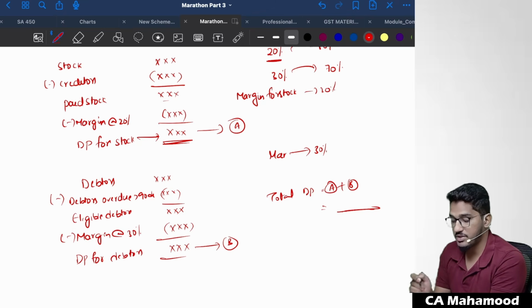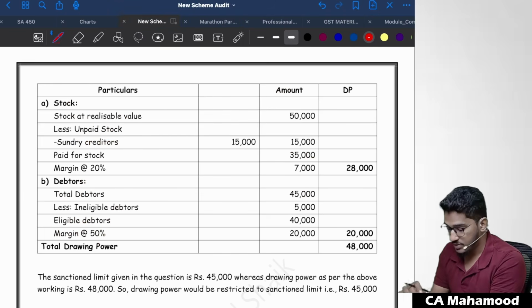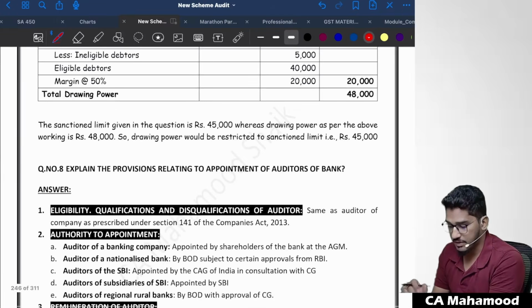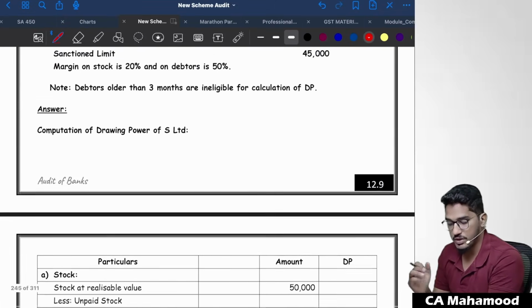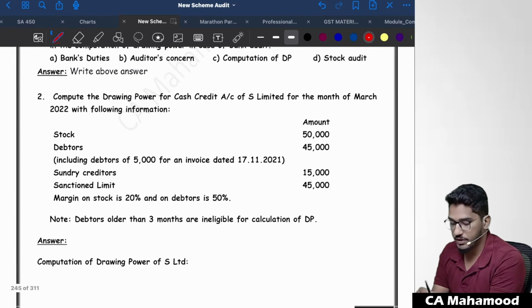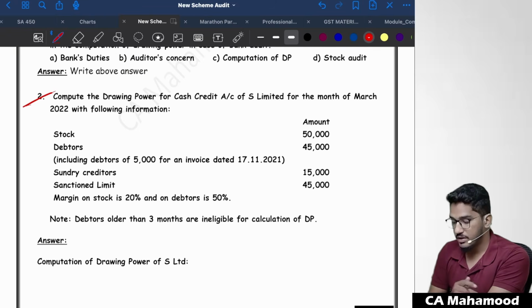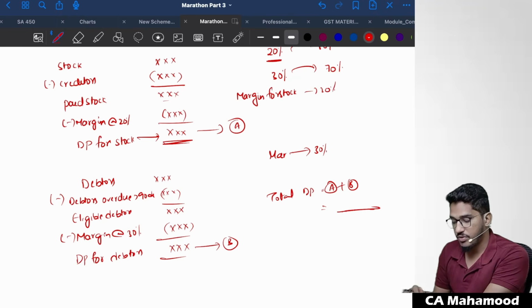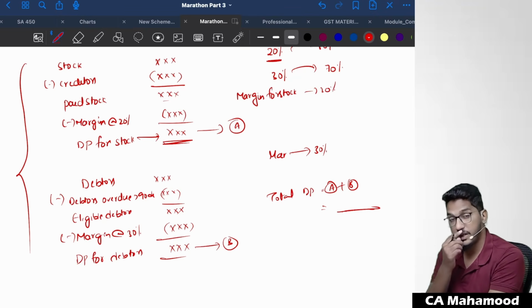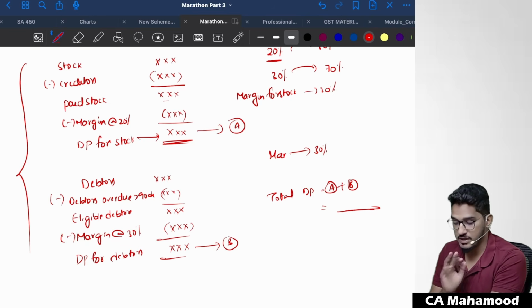This is one of the past examination questions. They have tested this in the examination. So I have even given the question here. You can solve it. You can use it for the purpose of your calculation. Understood everybody? To get the feel of it, you can use this. Clear? So this is the format for calculation of drawing power, and once again I'm telling you it is one of the past examination questions, so this has been tested. You can even take the help of the illustration given in the study material.